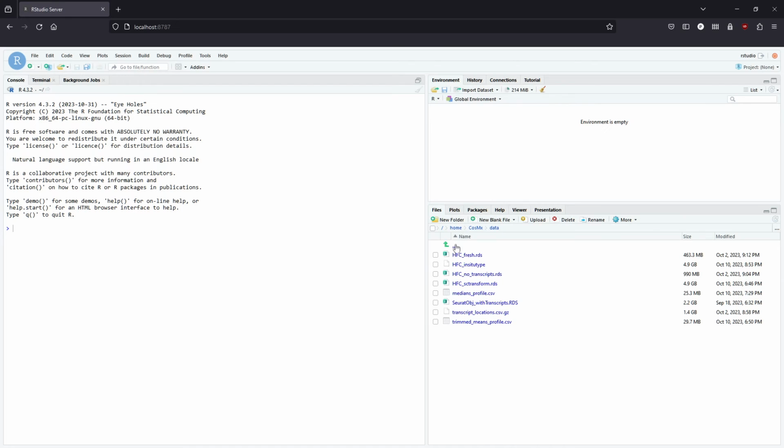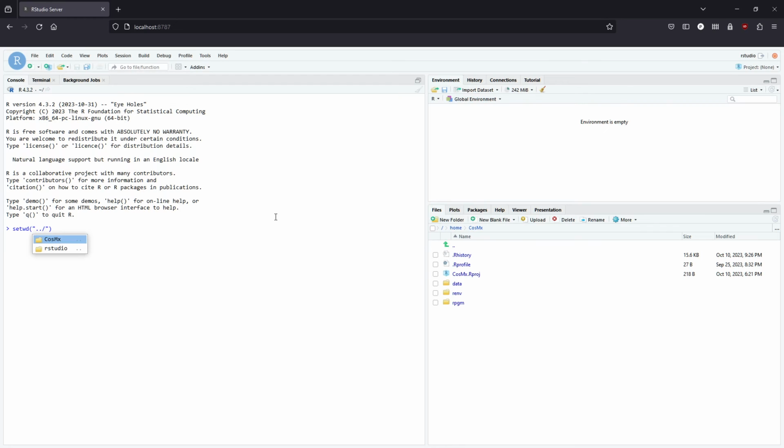So we have our data files that we were working with. We have our R scripts that we were working with. We have our environment here. And then we can even set our working directory. So if we do setwd, and then here we can do the slash again. And if we press tab, it'll give us our two options. So we can work in rstudio or Cosmics. So we'll work in Cosmics. So now if we do list.dirs,